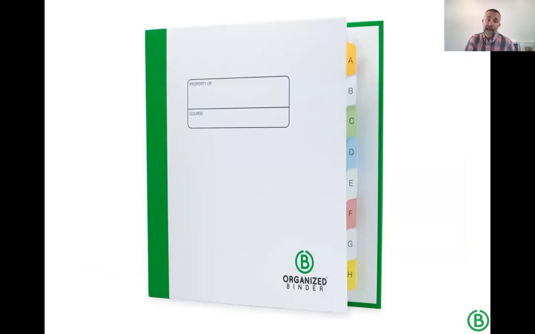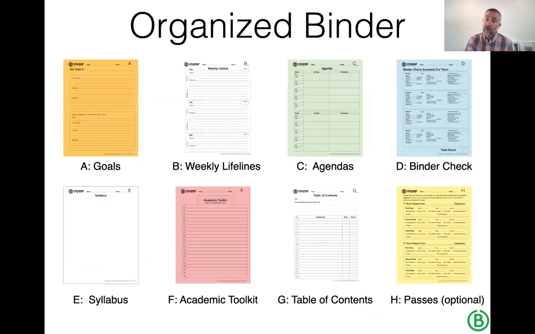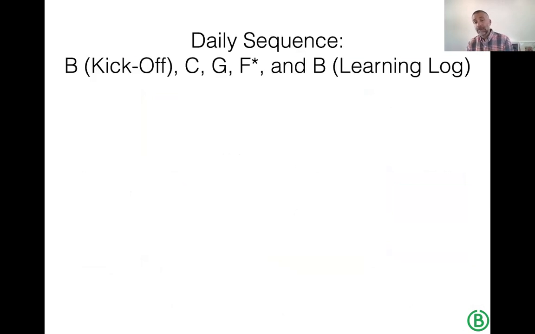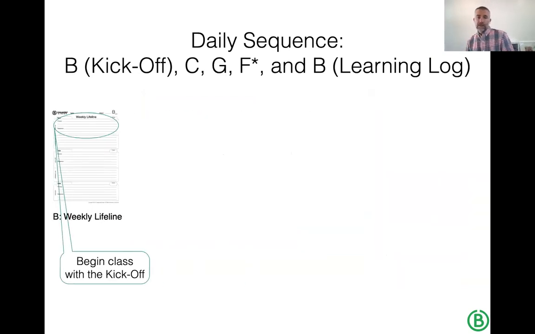Inside one of those binders, you can see each of these colors aligns with these tabs that you're seeing. That's just for quick reference. And for the sake of our time, I'm going to go through the aspects of organized binder that are used daily. And then at the end, very quickly, I'll talk about those that are used periodically. I'll increase the size on these so you can see it in just a moment.